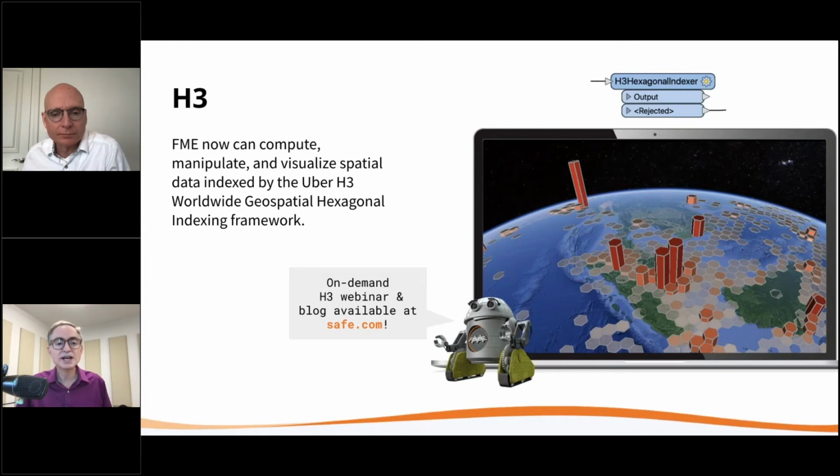So in short, this is a library that Uber made available that gives you 16 levels of index of the whole world with hexagons at varying sizes, and makes it very fast to compute those and then to do a variety of operations. It can turn spatial computation into basically relational computation, so it's often used in big data situations as well. Check out the webinar and play with it if you want. You've got to have your data in lat long if you're going to use it, which isn't too hard in FME.